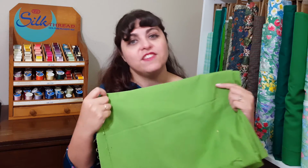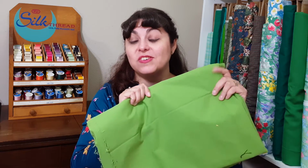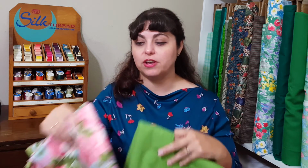And green is my favorite color, and I feel like I will get a lot of wear out of this skirt regardless whether it has a matching jacket or not. And it's going to look super great when I make the top that I have planned for this fabric over here. That's primarily the biggest projects that I have planned for November, only because, like I said, we're nearing the end of November now,